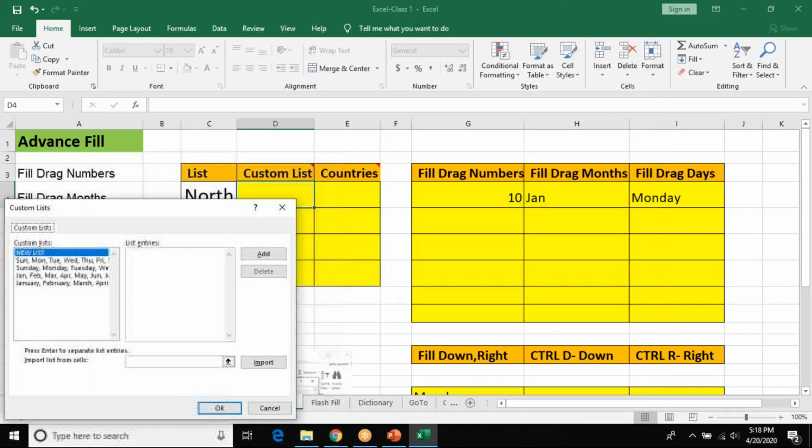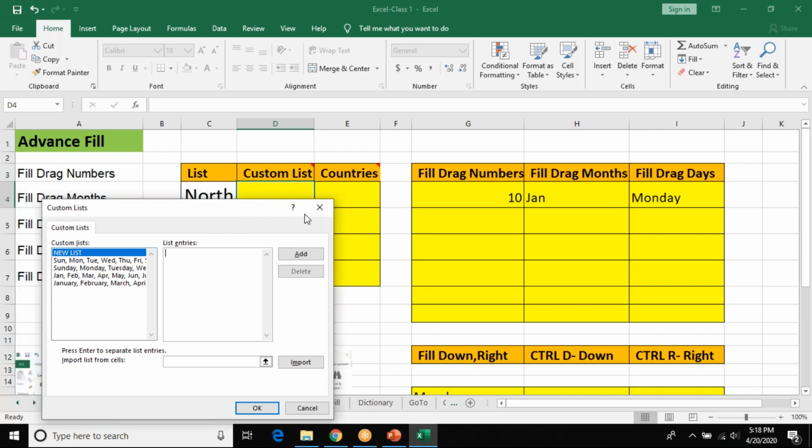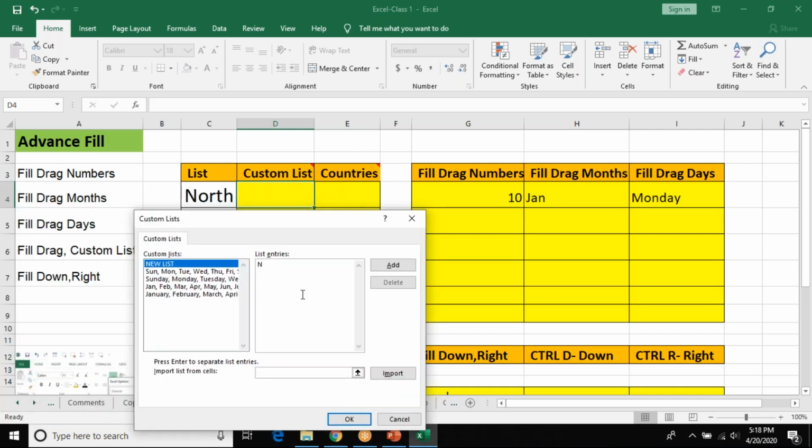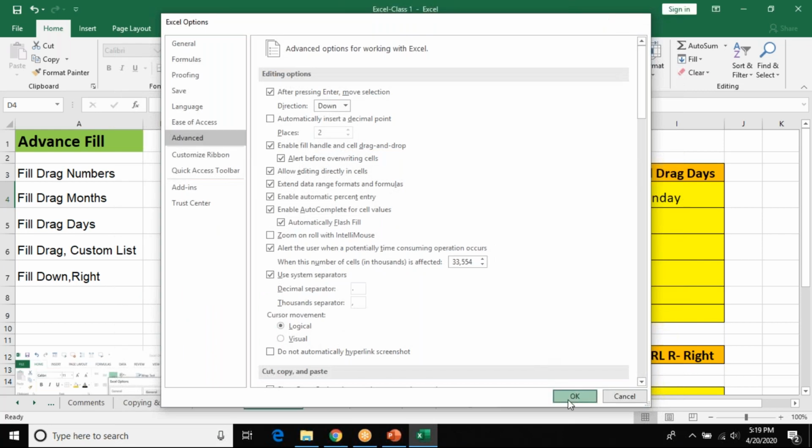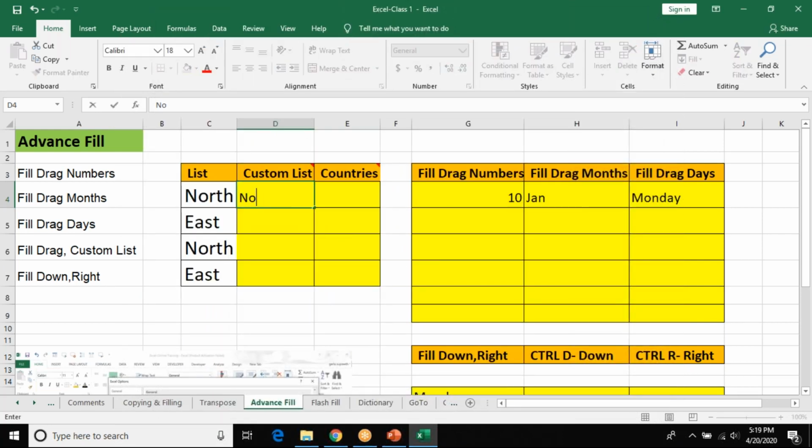Click on this. Here under the new list, type north, south, west, east. Click on Add and click on OK.